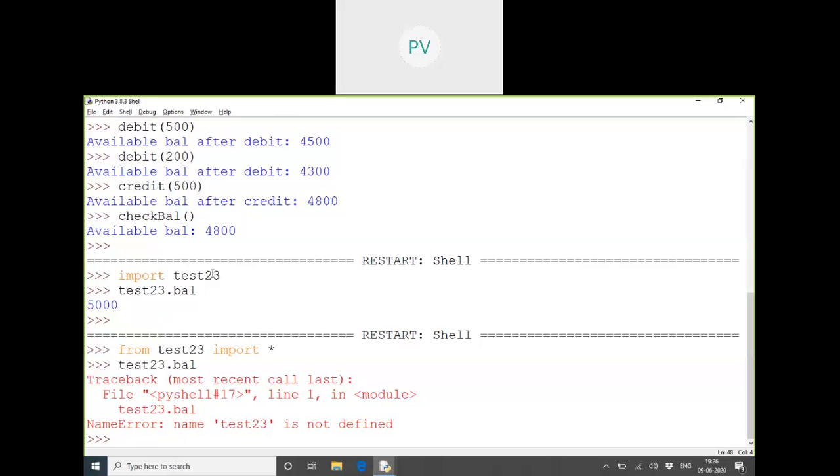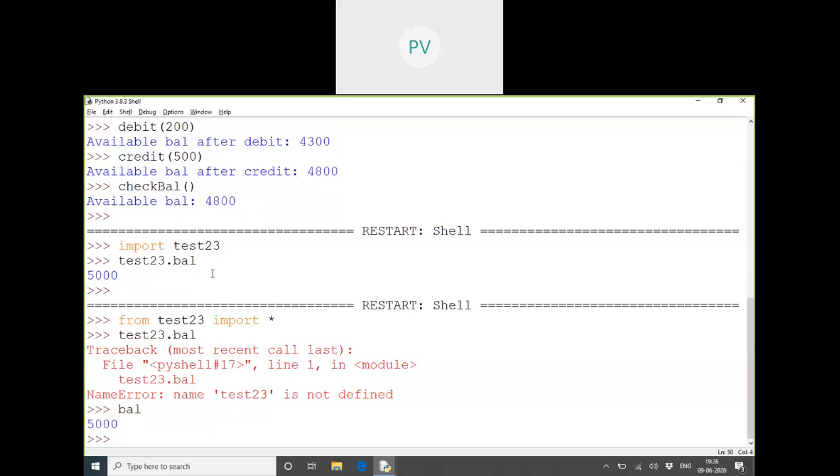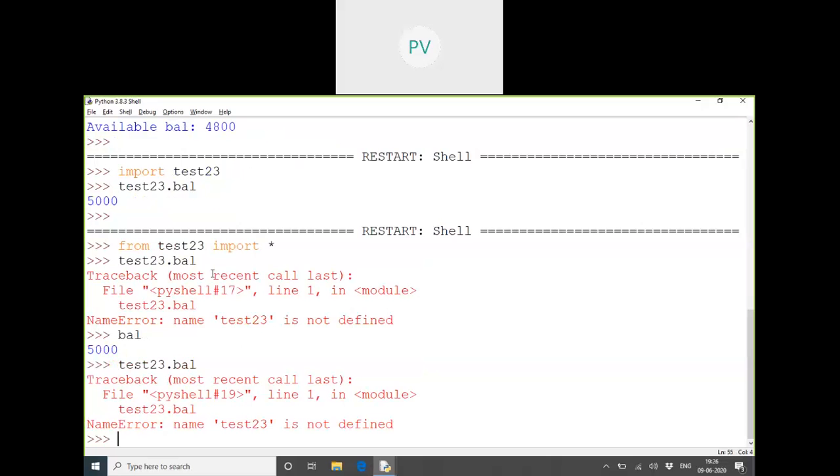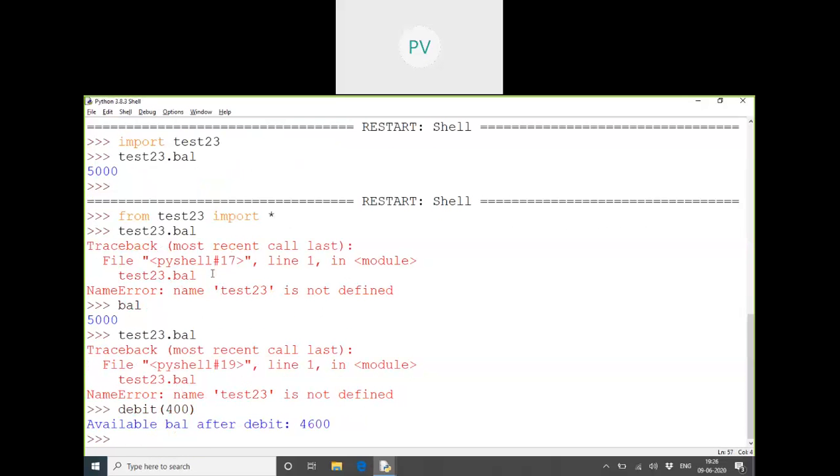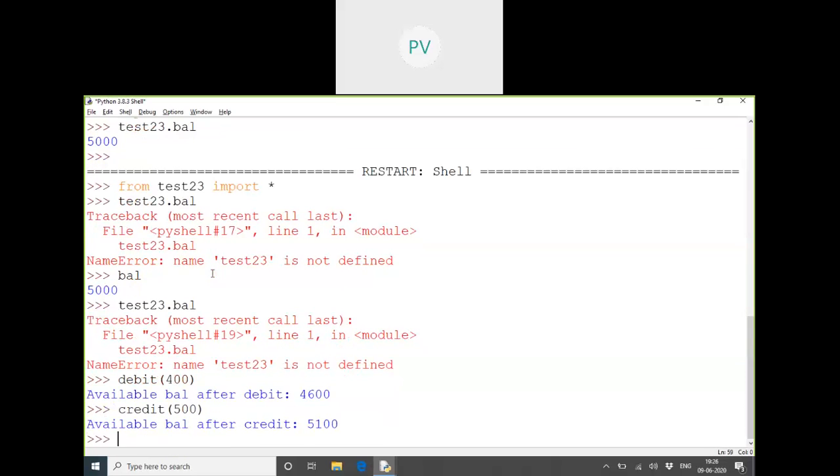So you can directly say balance, but test23.balance is wrong because we imported everything into the current location. So debit of 400, or credit of 500, then check balance.